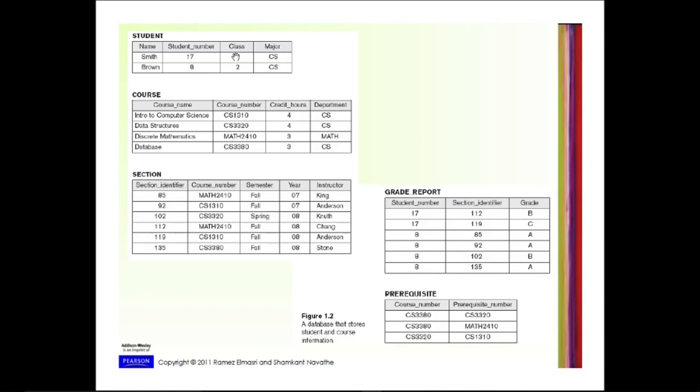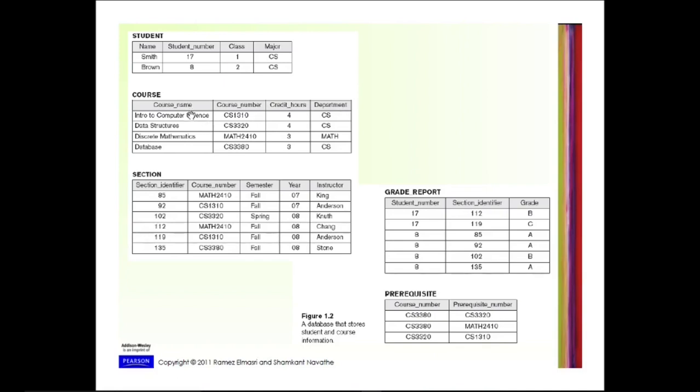Here class number 1 could refer to one class, class number 2 could refer to a different class, and we can have multiple classes here. Then in the course section, major subjects such as mathematics or CS could be the major subjects. Each course record includes data to represent the course name, course number, credit hours, and department. So this is another record.